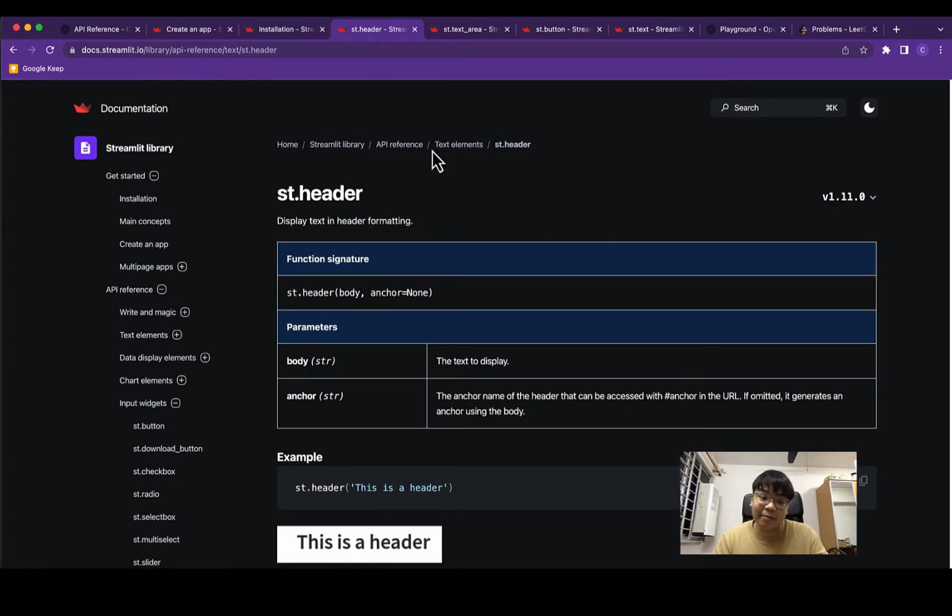For example, if you wish to render a header like this, rendering it is as simple as doing streamlit.header and passing in the text that you want the header to contain in the first parameter of the function. And on top of that, we will explore how there are so many components that we can use